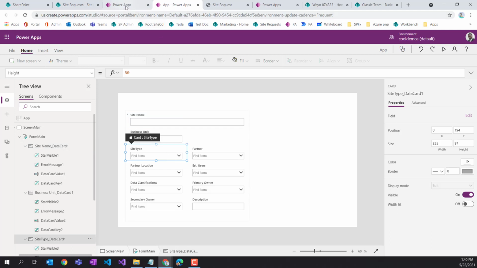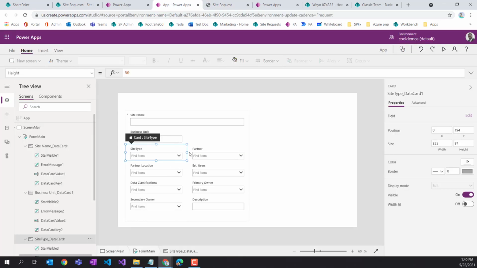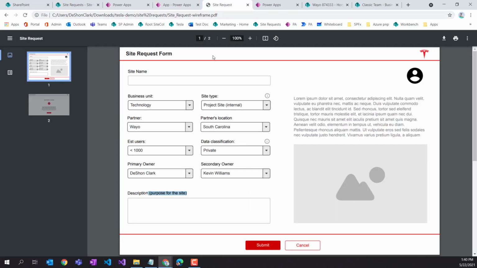Now, notice once I did that, business unit became aligned by itself, and then site type became aligned by itself, and we actually want these to be on the same line. So let's go ahead and touch this. You notice what I did. I just touched the end unit that woke it up and realized that, oh, I can be on the previous row because I have enough room. Everyone else adjusted accordingly. Now, everything else should be according to the wireframe, partner, partner location, estimate user, and so forth,